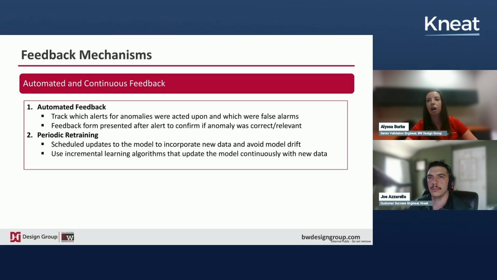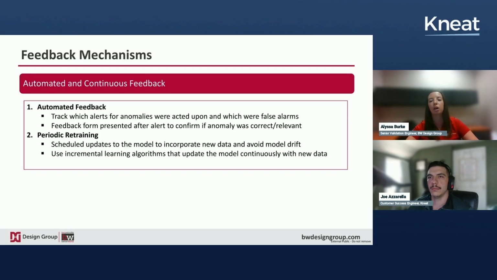Then we have automated or continuous feedback. With self-evaluation, the model tracks which alerts are acted upon and which were false alarms and learns from that. So similar to the dashboard, but without the human input. It just requires a little more backtracking or reverse feedback from your equipment to see what was acted upon. And then it could also be set up to present a feedback form whenever an alert is sent out. So if it alerts that you have your processes trending towards being out of bounds, you could have a form